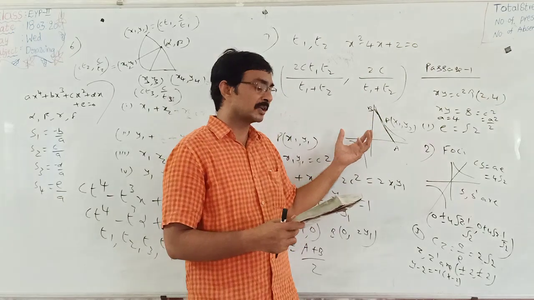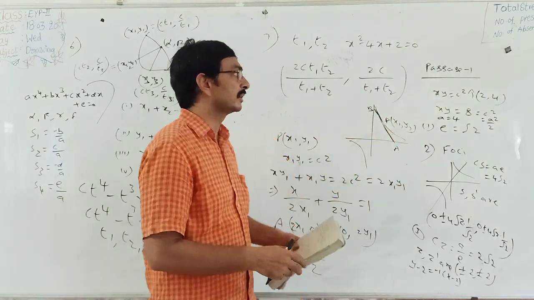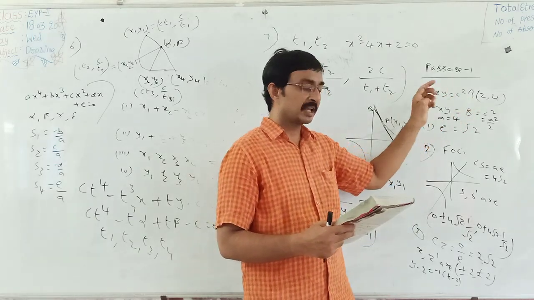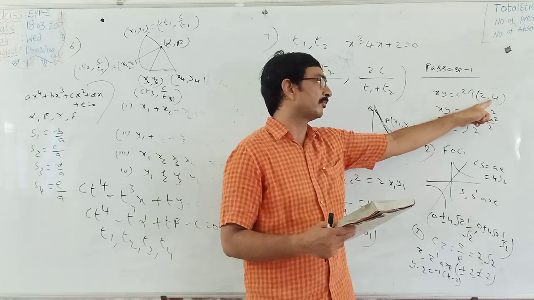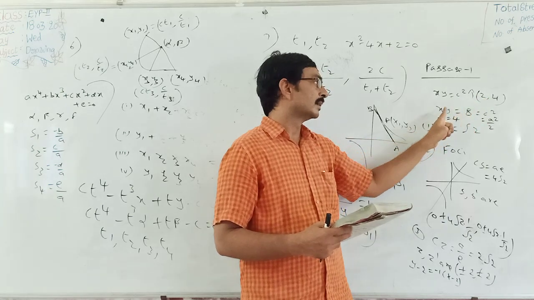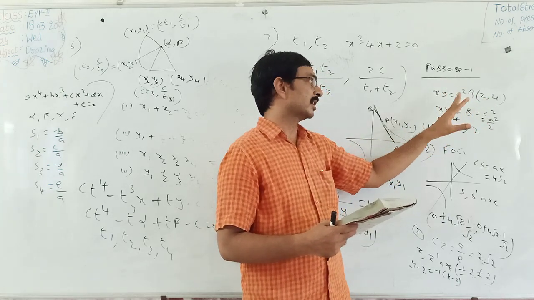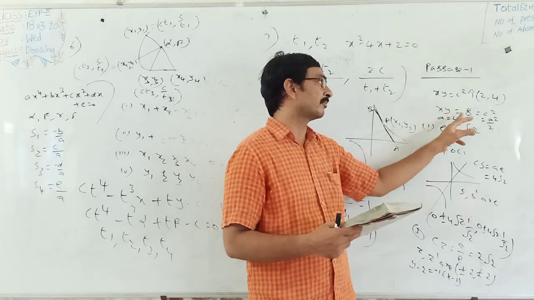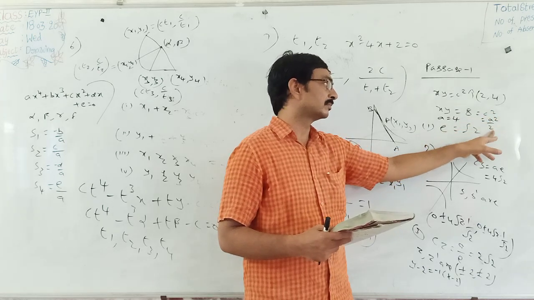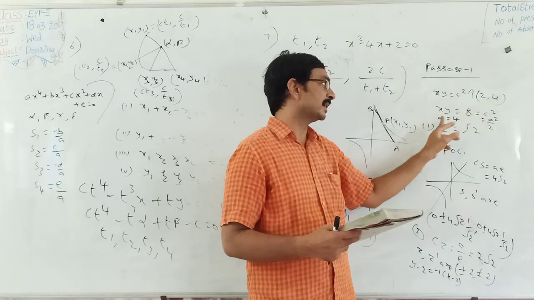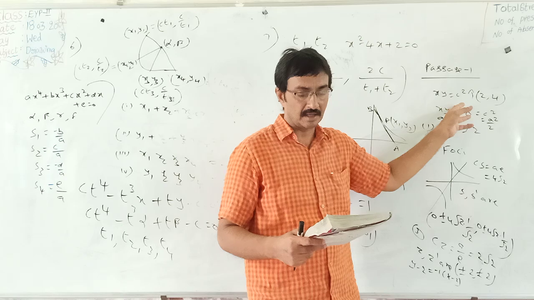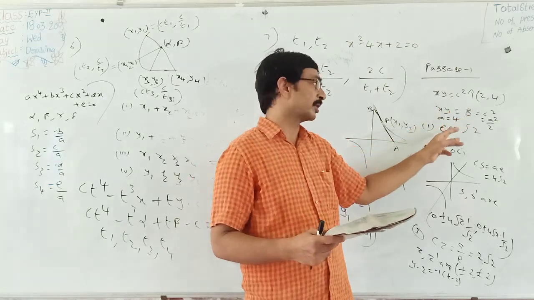So from the above concept, clearly that conic is xy equals c square. Given that the conic passes through the point (2, 4), by substituting these two values, the c square value is 8. So clearly the equation of the curve is xy equals 8. So the c square value is 8, but c square is a square by 2. Therefore a square equals 16, a equals 4. Now required first is eccentricity. That is a rectangular hyperbola, and the eccentricity of any rectangular hyperbola is root 2.